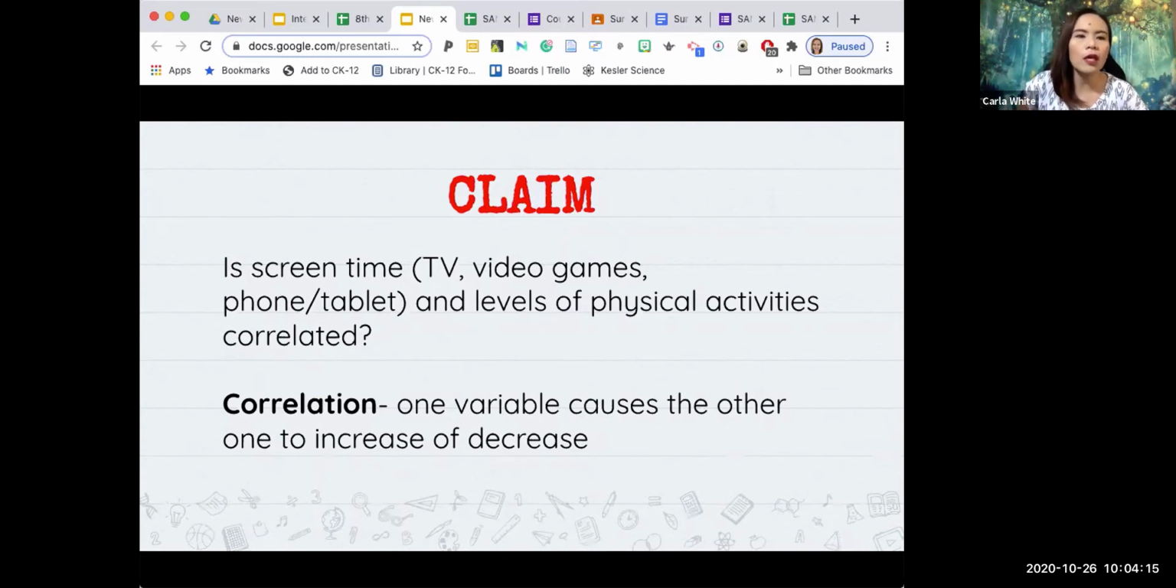So that's going to be the name of your file. That's going to be our claim, because we are going to prove this by looking at the data that we collected from the spreadsheet. So that's going to be our goal today. Okay, so before we start,